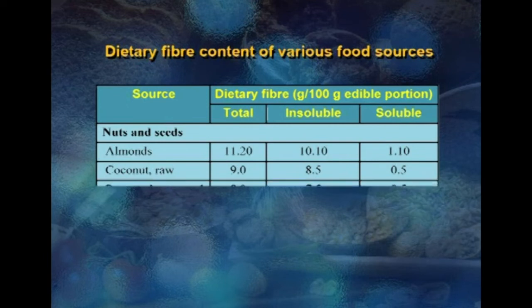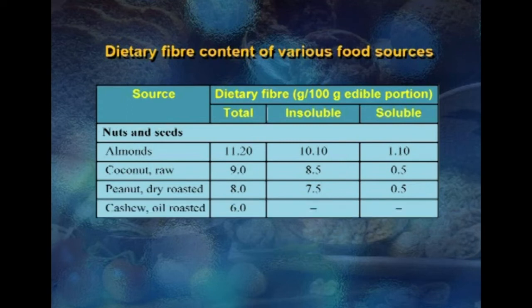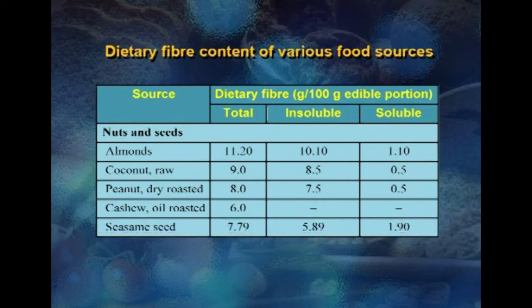The peanut, dry and roasted peanuts, have got 8 grams of dietary fiber for every 100 grams of edible portion, out of which 7.5 is insoluble and 0.5 is soluble dietary fiber. Cashew nuts or kaju are again good sources of dietary fiber with 6 grams of fiber for every 100 grams of edible portion. We have sesame seeds with 7.79 grams of fiber, out of which 5.89 is insoluble, 1.9 is